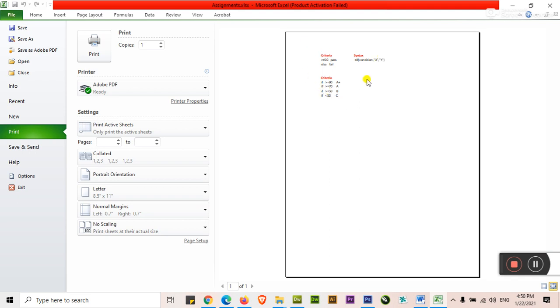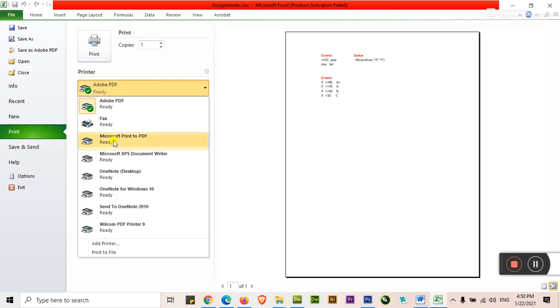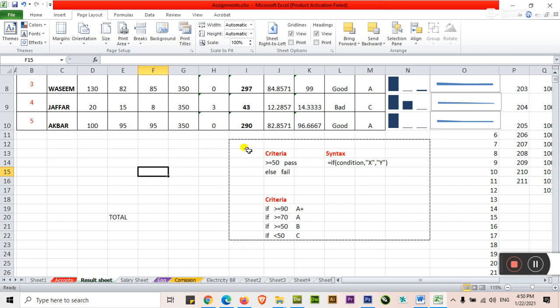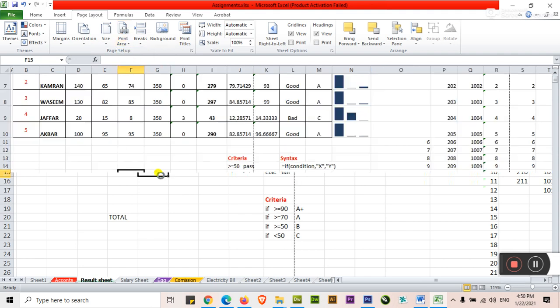Just click on the printer icon and select your printer, whatever is the name of the printer that you have installed in your system or on the network. You have to choose that one. Okay, press Escape to go back. This is the area that you wanted to print, and next, to clear that area, click Print Area and Clear Print Area. Now you have the normal setting of your page.